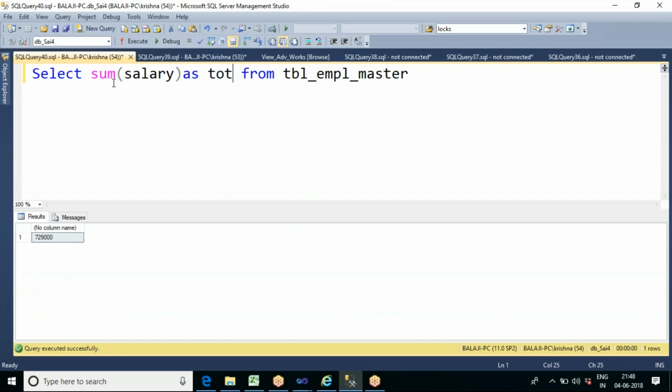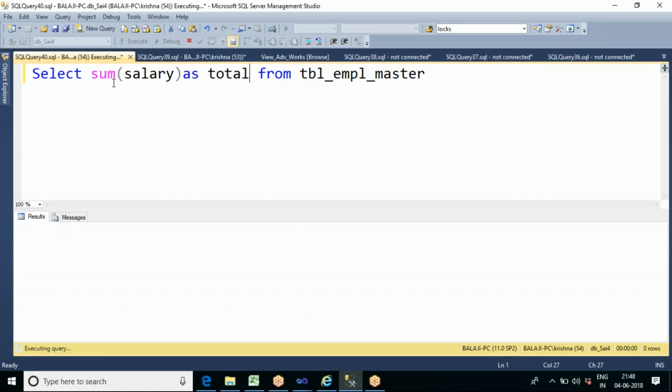As total. Now I want to see the city wise total salary.